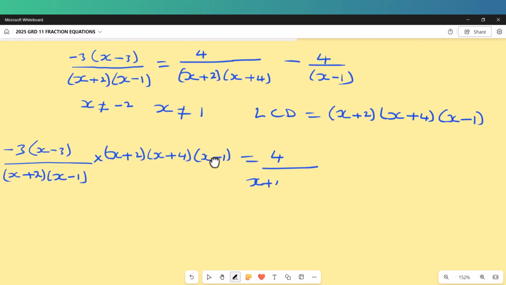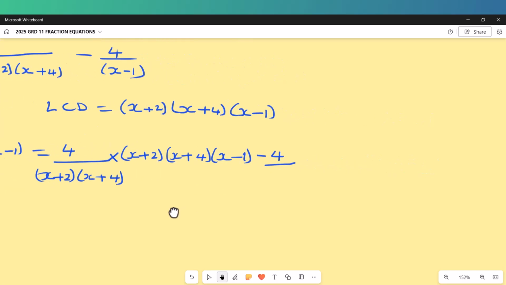x plus 2 into x plus 4, multiply by the LCD, so times x plus 2, into x plus 4, into x minus 1, then minus 4 over x minus 1, again multiply by the LCD, so times our LCD, which is x plus 2, into x plus 4, and then x minus 1,